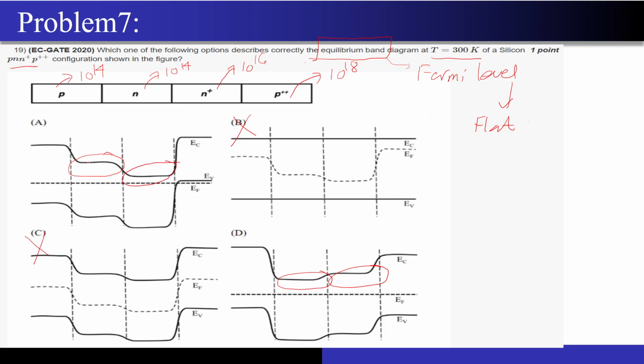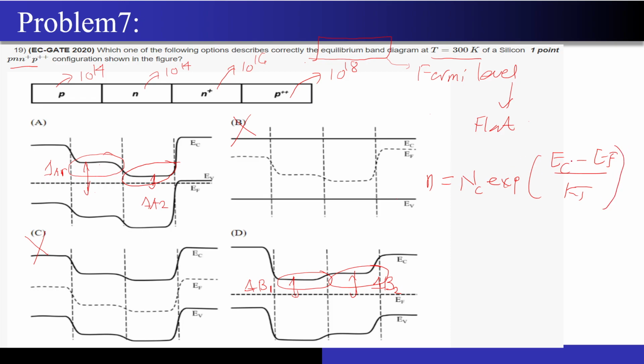So now if you look at this difference, let me highlight this as delta A maybe, and let me highlight this as delta B. This may be delta A2, delta A1 on the left, delta A2 on the right, delta B1 on the left, and delta B2 on the right. Okay, now see, this is a difference of what? EC minus EF. I will just write one formula now. You guys will help me to solve this question. N is what? NC exponential of EC minus EF by KT.